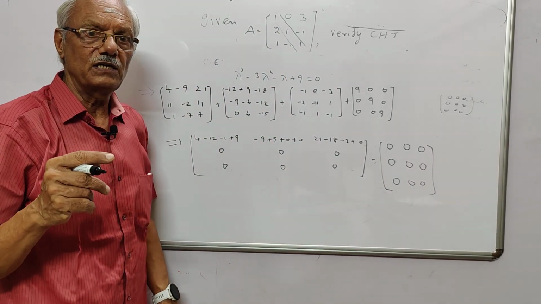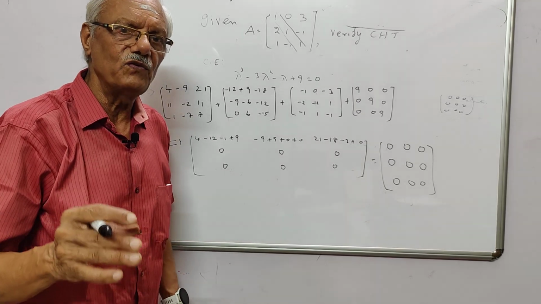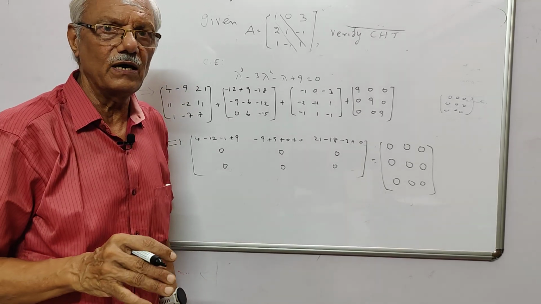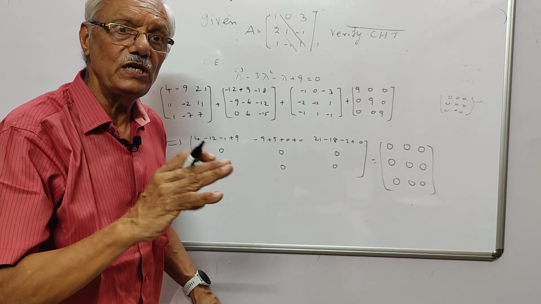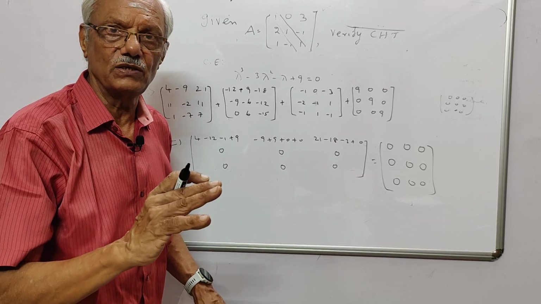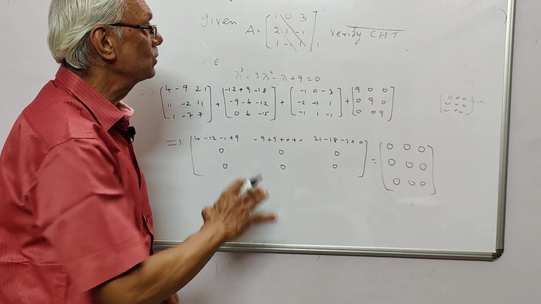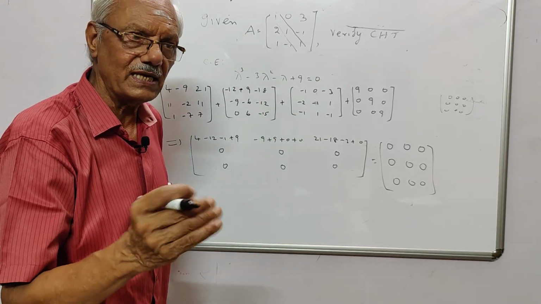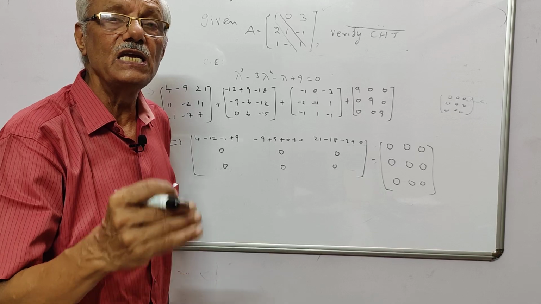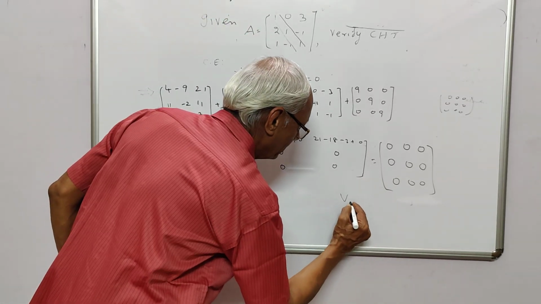Here what you must remember is that you have to be very careful doing numerical work, okay, and then finding, you must know how to do the matrix multiplication, then addition, and how everything works, then only you'll get it. So we have verified the Cayley Hamilton's theorem. Now I'll go to the second part, finding the inverse of the matrix, okay. Now, so this verifies. So verified